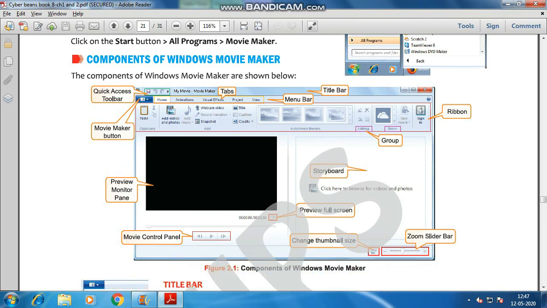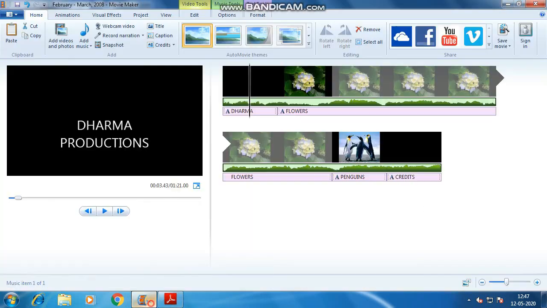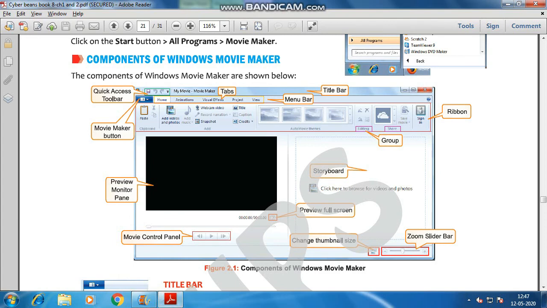Next comes your components of Windows Movie Maker. So features we have done. Next comes your components. So what are the key components? I have already told you some. These are the menu bar, this is the title bar where the name of the file and the software name has been given to you, and these are the commands of minimizing, maximizing and closing the application. This is the quick access toolbar, you can see here. This one is the quick access toolbar. That means you have a single click option where you can do it with a single click, not going to some option then sub options.